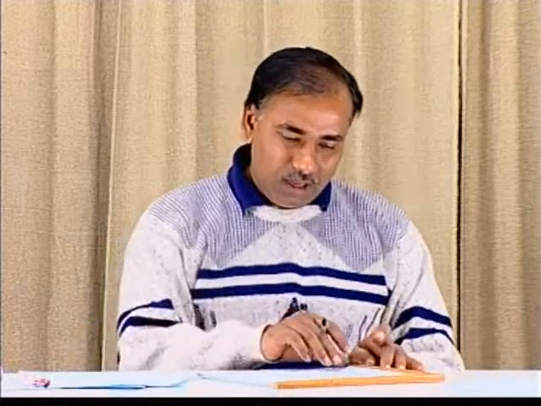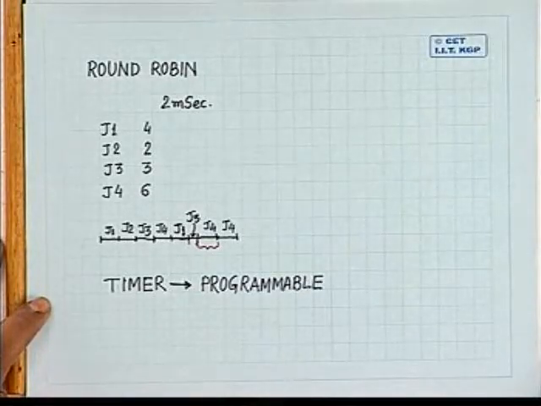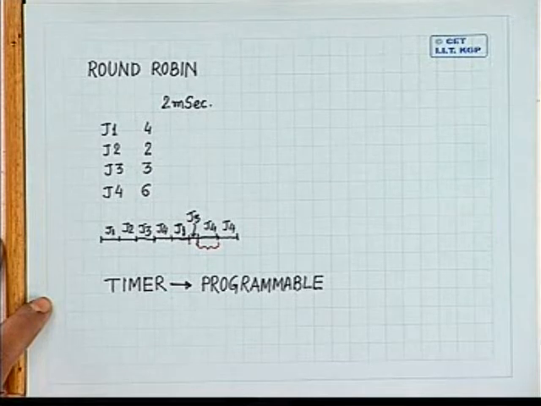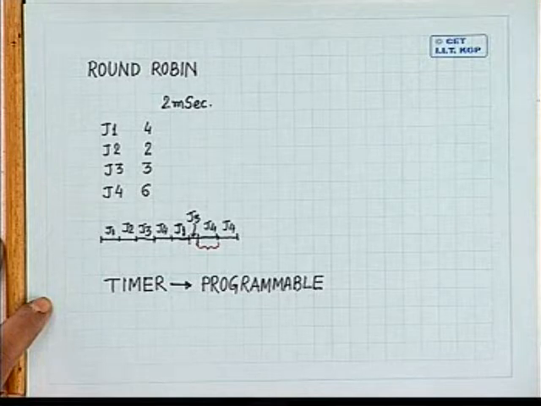Now we can have different variations of this round robin scheduling. For example, here I have not put any consideration regarding the nature of the job, but we have discussed in our last lecture that the jobs may be of two kinds. Either the job needs more CPU time and less IO operation, in which case it is a CPU bound job. In the second category, I can have jobs which need more IO operation and less CPU time. That means the CPU burst duration for an IO bound job is very, very short.